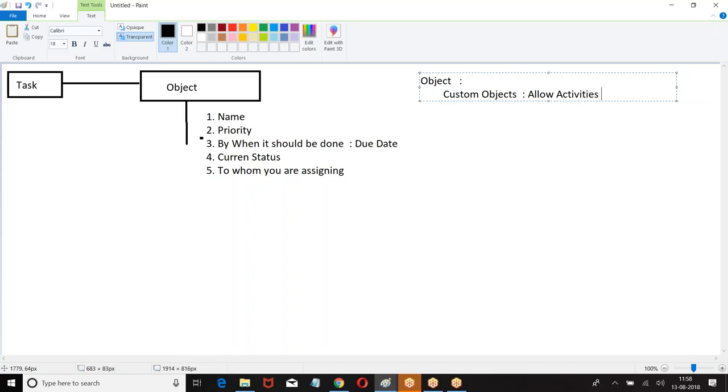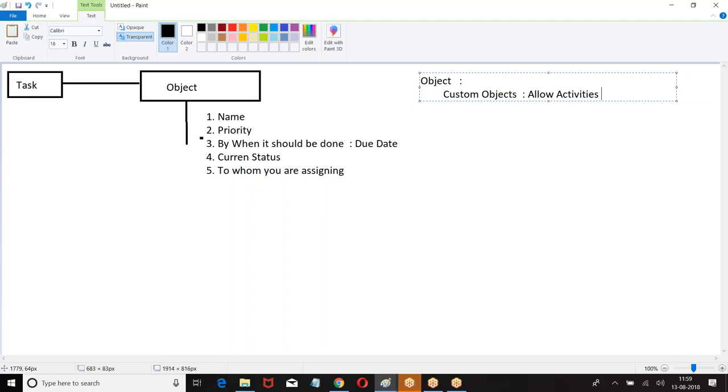If you remember, at the time of creating an object, there are some optional features, right? What are they? Allow reports, allow track field history, allow activities. If I enable the allow activities option there, now I can create a task.